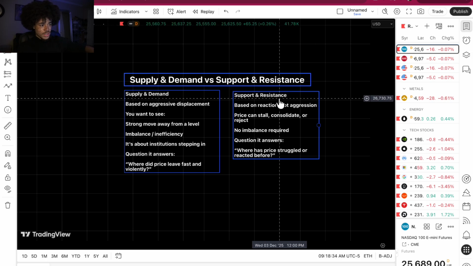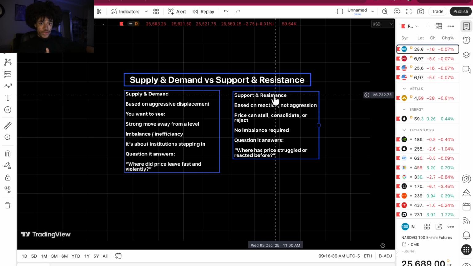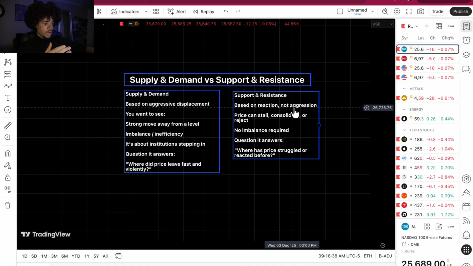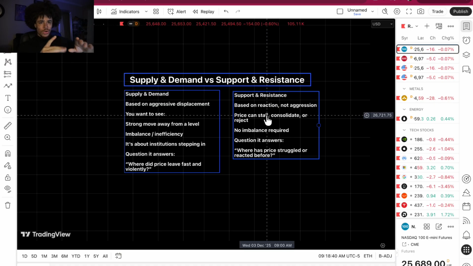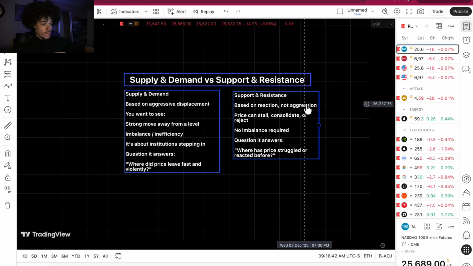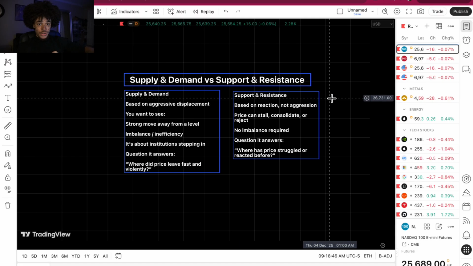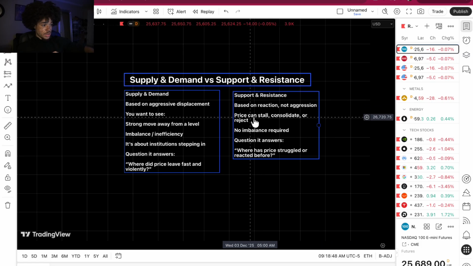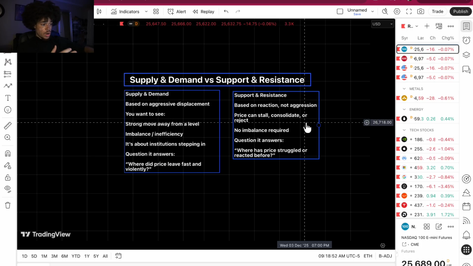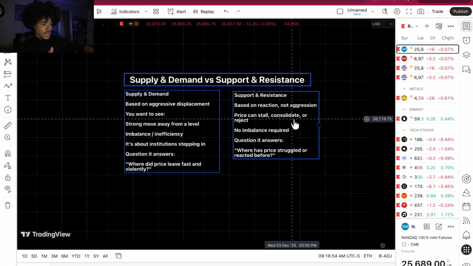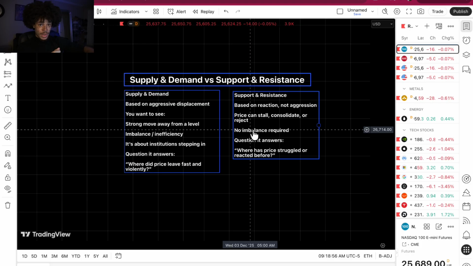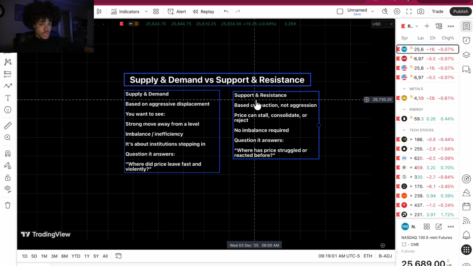But with support and resistance, I'm not worried about the reaction. I'm more, I mean, no. I am worried about the reaction. I'm not worried about whether or not we had an aggressive move away from that area. Okay, so with support and resistance, we're trying to see, did price stall? Did we consolidate? Are we rejecting a certain area? Okay, so a strong imbalance away or move away from these areas of support and resistance is not required